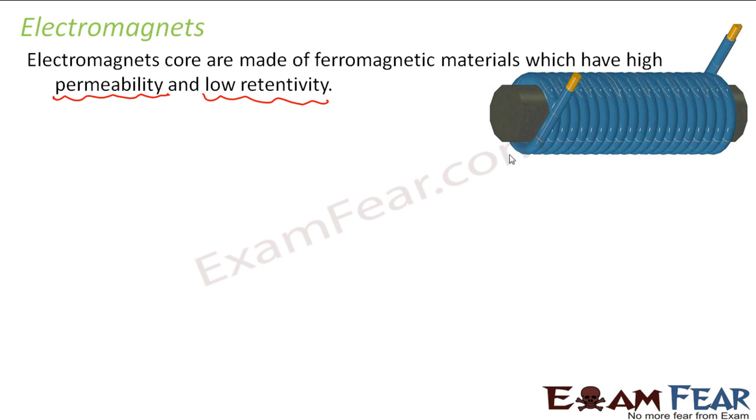These electromagnets are used in transformer cores. It is very popularly used and it is a very useful thing in transformer cores. So I hope by the end of this lesson you are able to understand what magnets are, what the properties of magnets are, how we categorize or classify different magnetic materials, diamagnetism, paramagnetism, ferromagnetism, and some of the practical applications of magnets. So now we have reached the end of the lesson, so it is time to solve some problems.